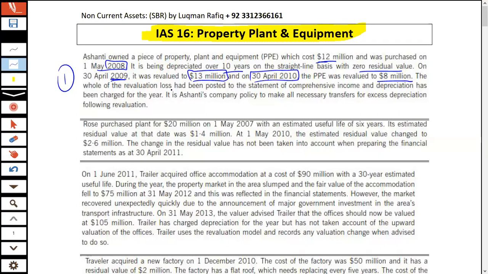The whole of the revaluation loss had been posted to the SOCI, and depreciation has been charged for the year. It is Ashanti's policy to make all necessary transfers for excess depreciation following revaluation. Now, what exactly are we going to do? How exactly are we going to account for this? So let's try to have a discussion. So if I talk about this Ashanti,